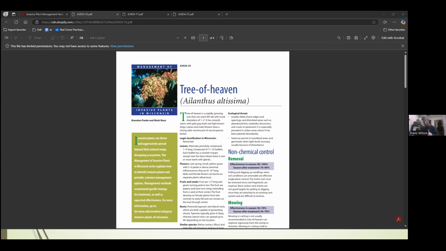I want to touch real quick on that. Whoever mentioned the restricted status of tree of heaven is correct. It is a restricted species according to NR 40, so not prohibited. That's my mistake. Okay, when it comes to dealing with aggressive natives,